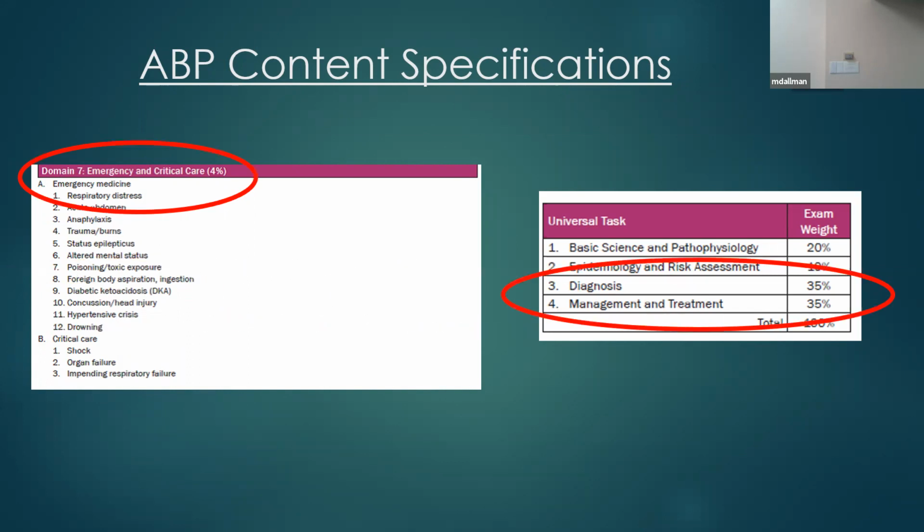This only makes up 4% of the board content specification, which means two things in my mind. One, you don't need to spend a whole lot of time studying critical care, certainly nothing that big, like the oscillator. Number two,